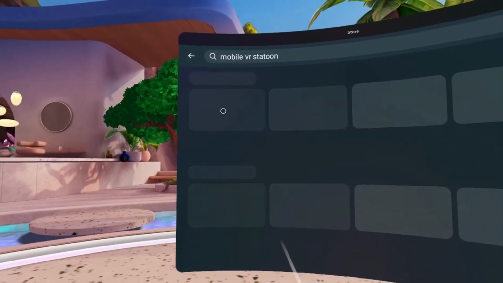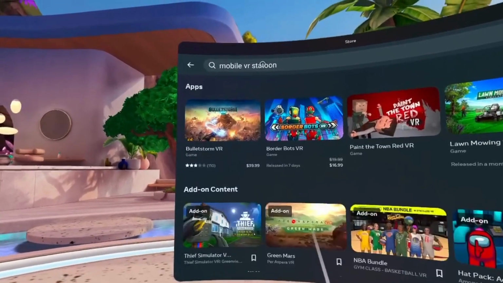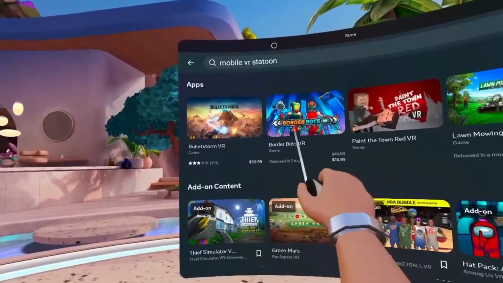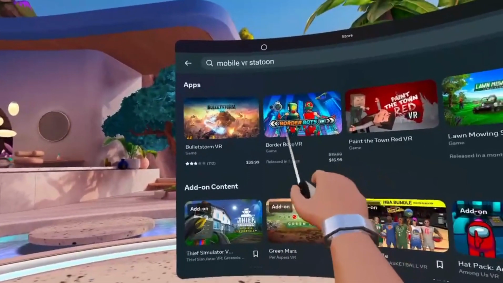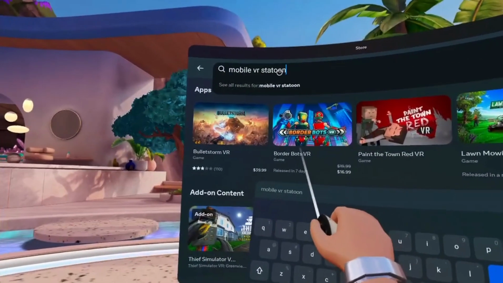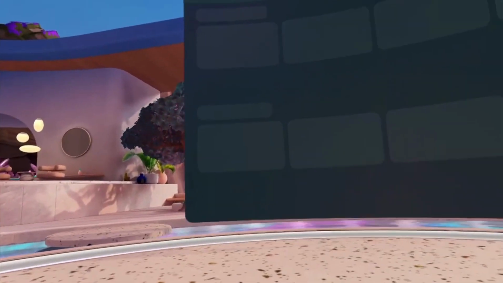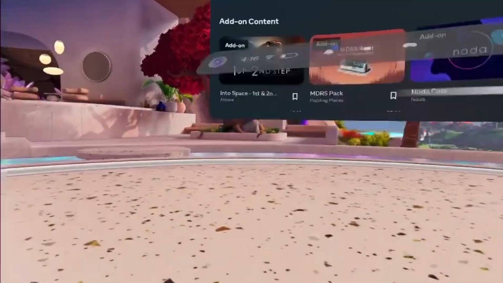Oh, I typed in Statoon. Here, one second. So, yeah, Mobile VR Station. And then what you want to do is